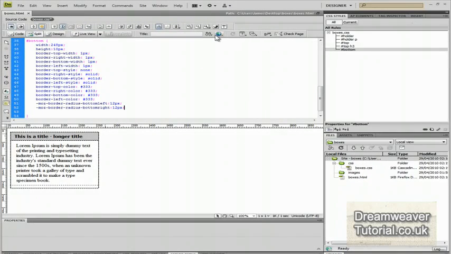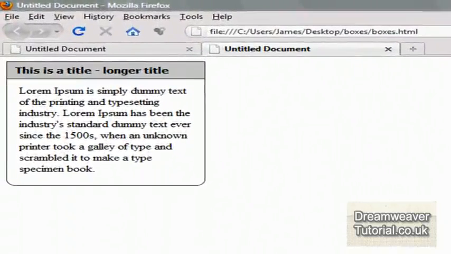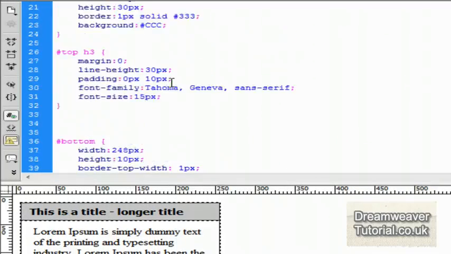Okay, now I made a tutorial on CSS-free rounded corners. I'll put a link in the below bar if you want to learn how to do that. Okay, so I've put the bottom border radius on there. It looks fantastic. And what we'll do is we'll go in and do the top border for the top div